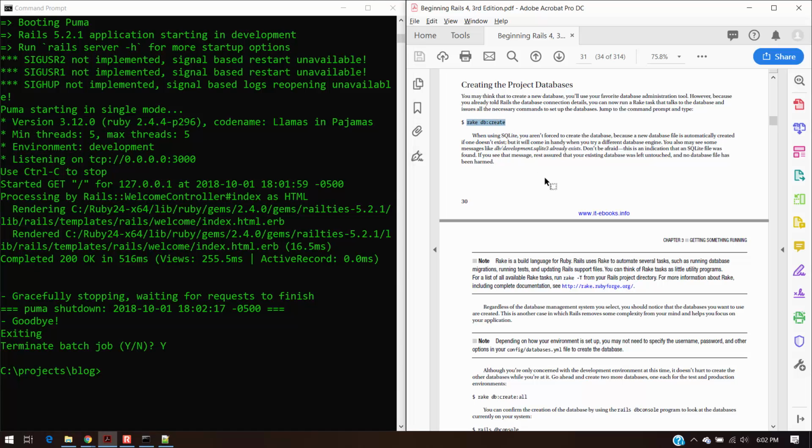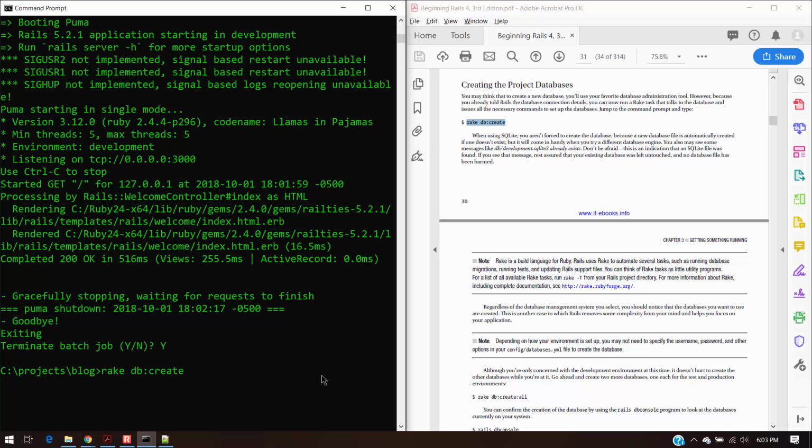Now that we are inside the blog folder at the command prompt, we can launch this next command. If you did this command outside of that folder, it would not execute. The reason is that it is folder dependent. This framework realizes where you are in the folder structure, and when you issue a command, it attributes it to whatever the root project is. So in this case, that would be the blog folder. So now that we're in the blog folder, I can go ahead and type the command. So the command is rake